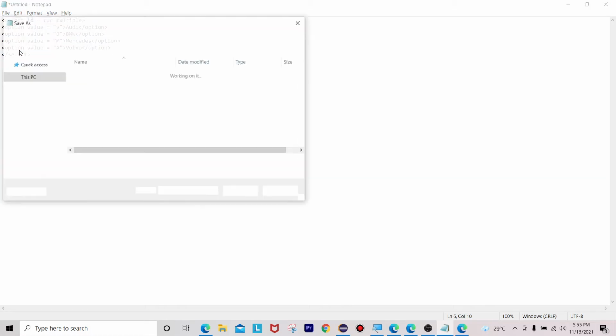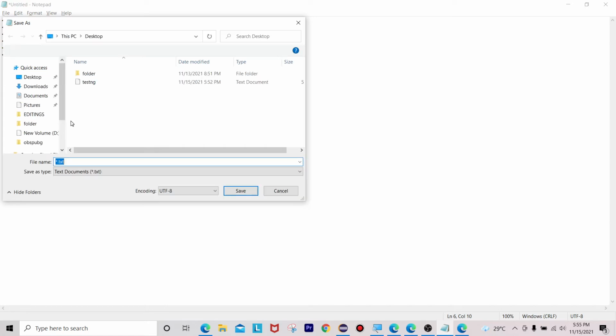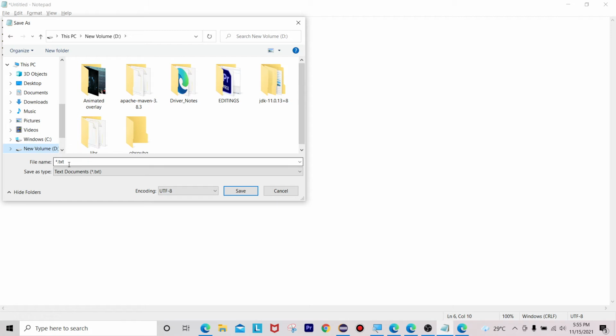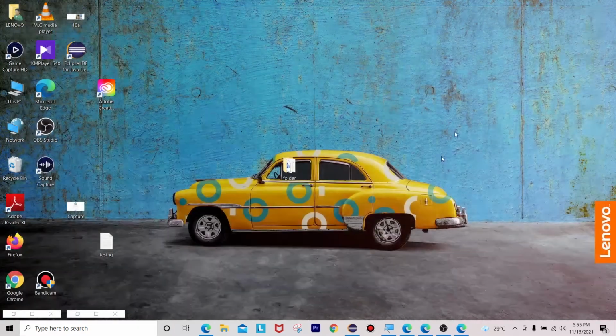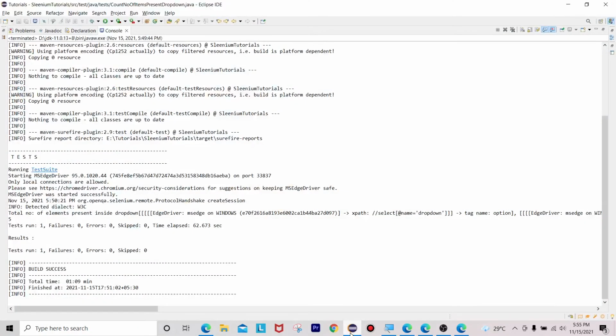I'm going to save it in D drive, like car list.html. Okay, inside D drive I am storing it in car list.html file.